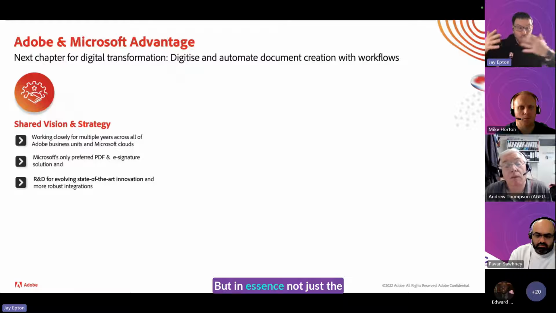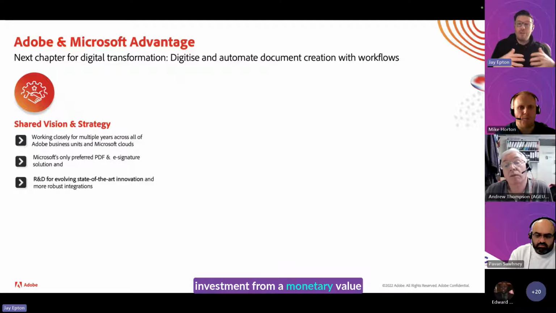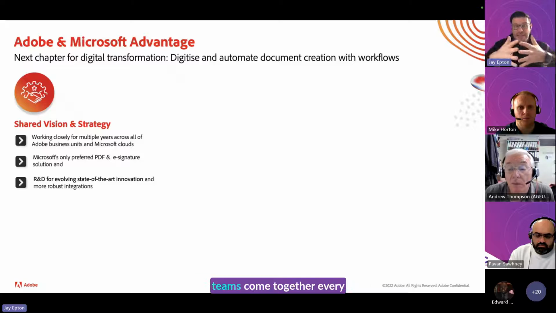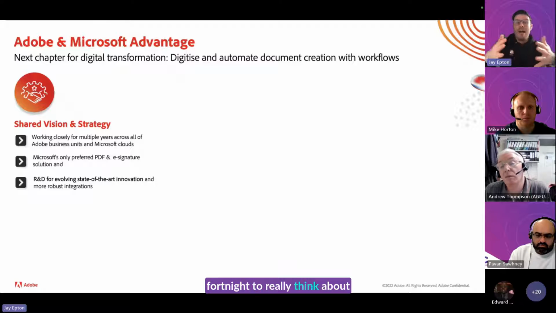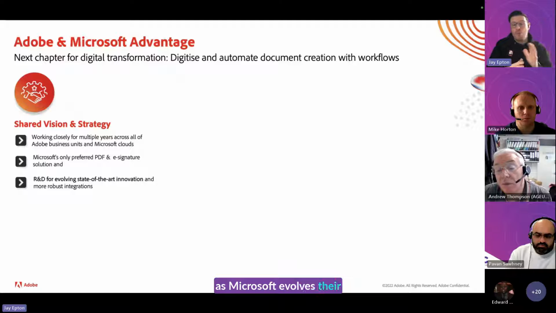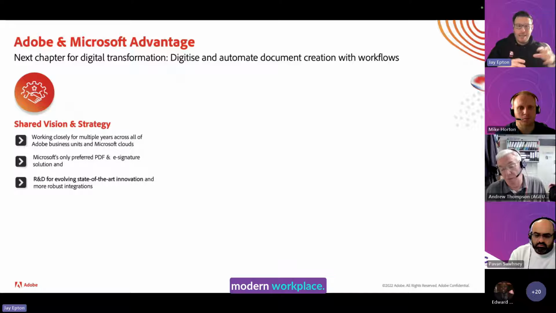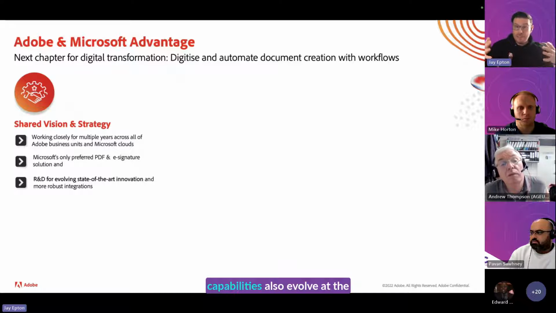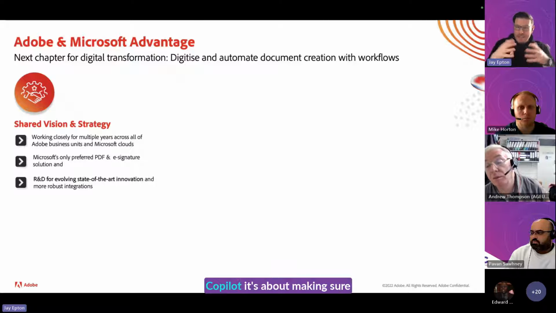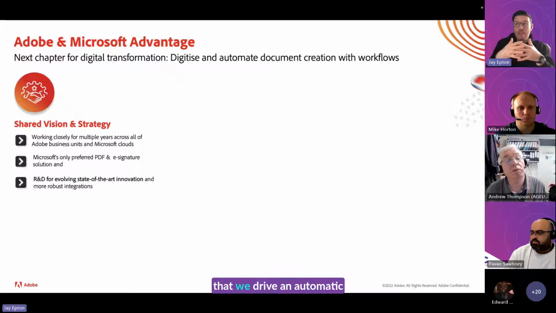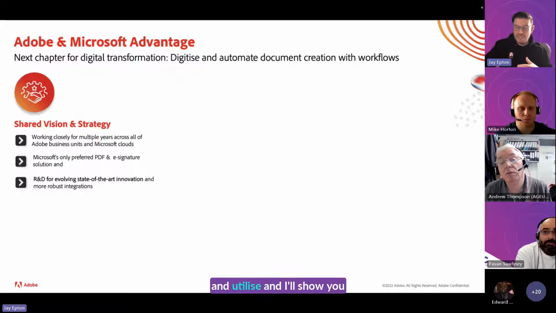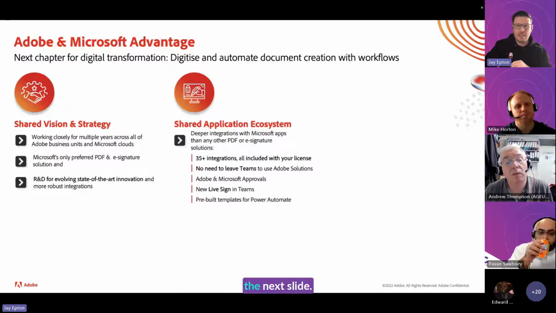In essence, not just the investment from a monetary value, but also our product development teams come together every fortnight to think about, as Microsoft evolves their platform, Windows, Office 365, Microsoft Teams and Modern Workplace, we need to make sure that Adobe Acrobat, Adobe Sign, and some of our API capabilities also evolve at the same time. And even with the recent release of Microsoft Copilot, it's about making sure that we drive an automatic integration for you as a customer that's easy to unlock and utilize. And I'll show you how easy that is on the next slide.